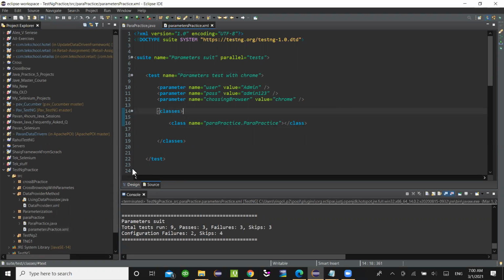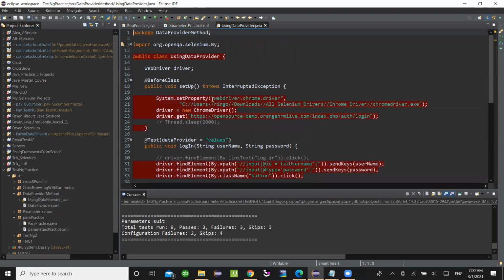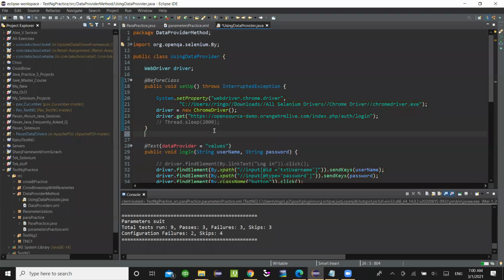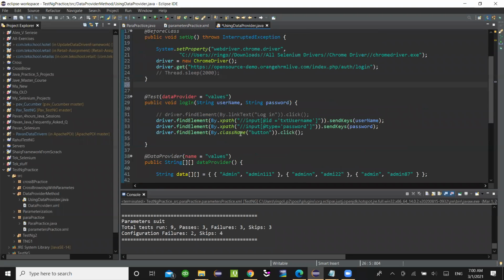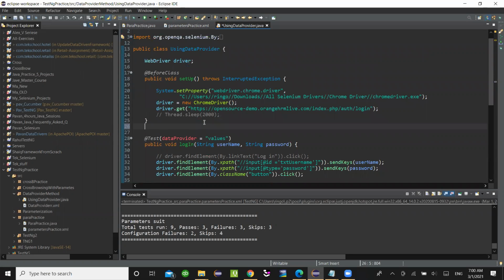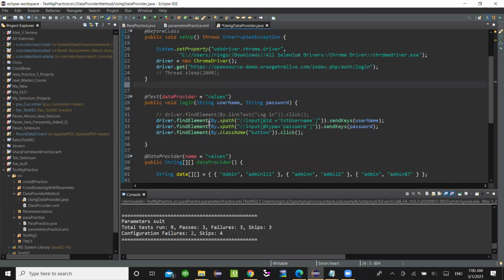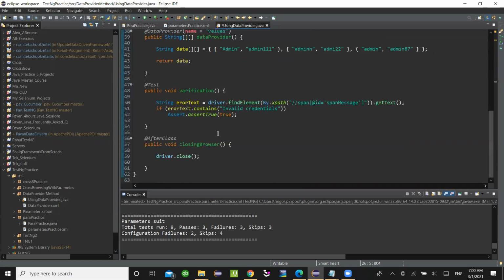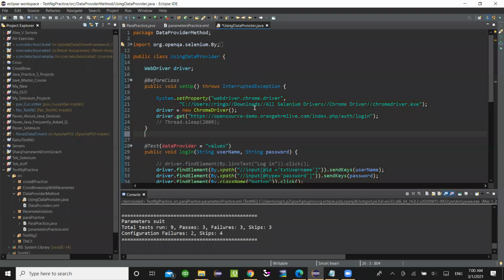Okay, if so the only thing which is left is data provider, very important, very important. We have a test case for this. I can just show you next week if you want, or if you want I can do it now, depends on you guys. Okay, let's just do